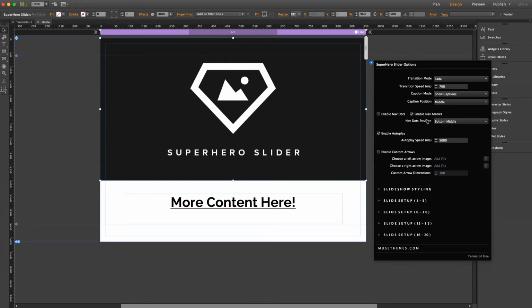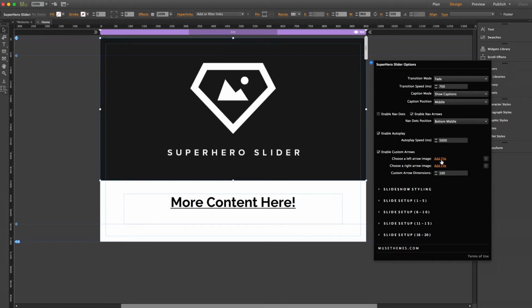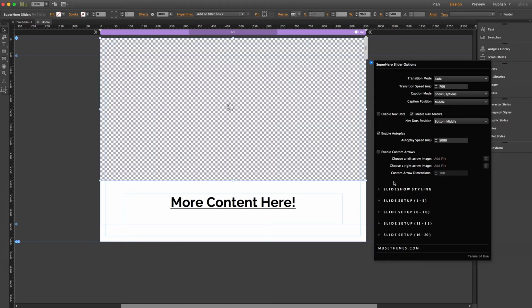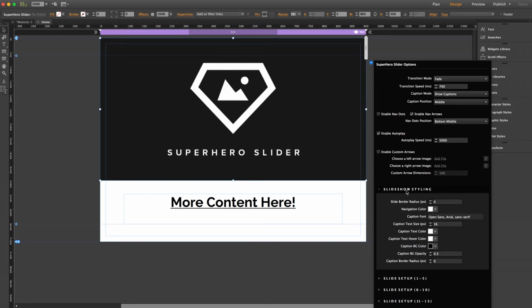Now beneath that, you can enable the nav dots and or arrows, and you can then select one of the 3 options here for the nav dots positioning, all of which are along the bottom of the page. And now we've got custom arrows. You can select this box here to enable them, and then click Add File to upload your own graphics. And the custom arrows dimensions setting applies to the width and height of the graphics together, so it kind of leaves the icon dimensions unchanged. So it's just the one size setting that you need here for that one. But I'm going to disable the custom arrows for now.